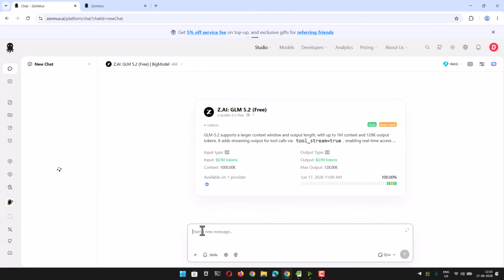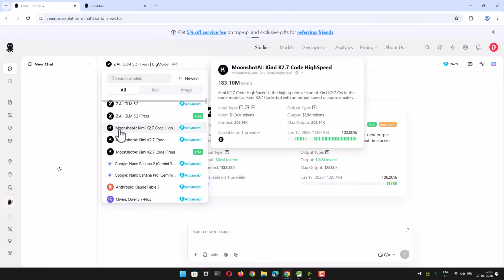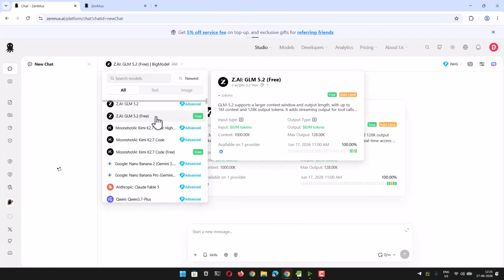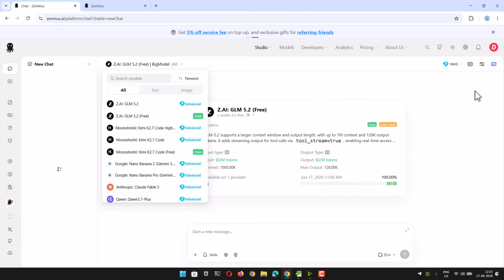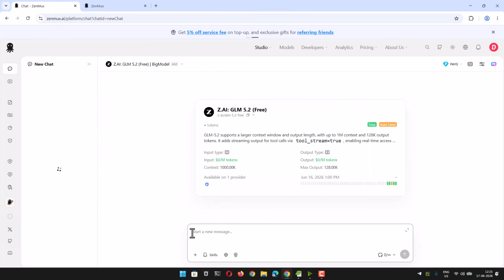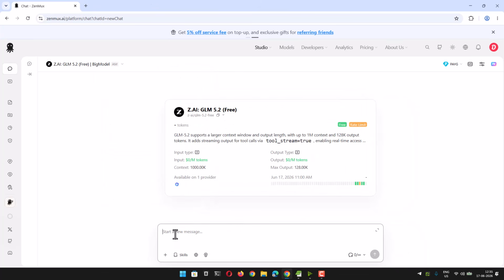Now let's say you want to create something, right? Currently the limit is not really being given, but they have a 5-hour window and also the context limit, right? So the amount of queries you will do will be limited here, right? And I can basically test both these models, which is Z.AI GLM and also Moonshot, right? Let's see, we will ask some questions like what model are you,